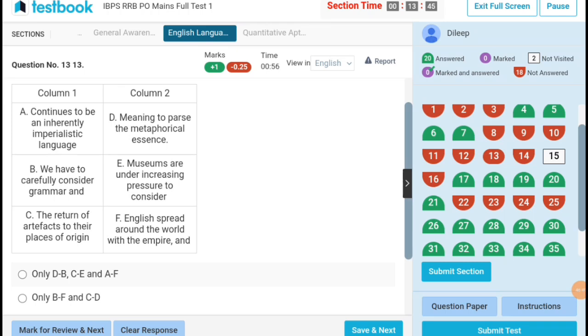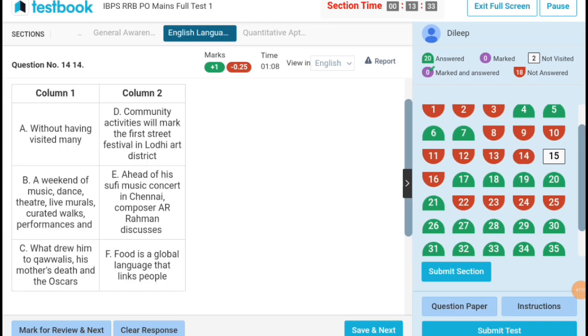The return of artifacts to their places of origin. Continues to be an inherently imperialistic language. Without having visited many communities, a weekend of music, dance, theatre, live murals, curated walks, performance, and